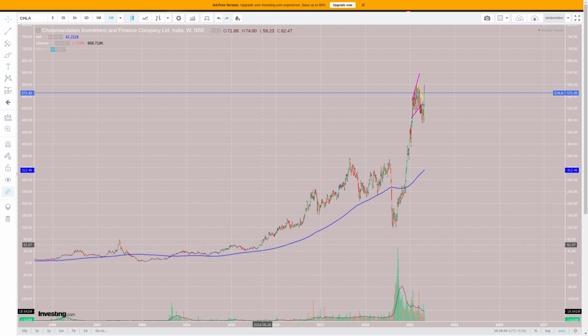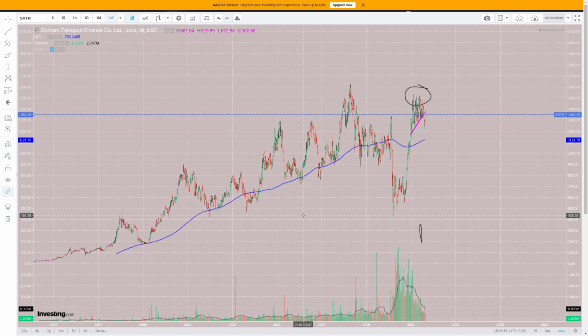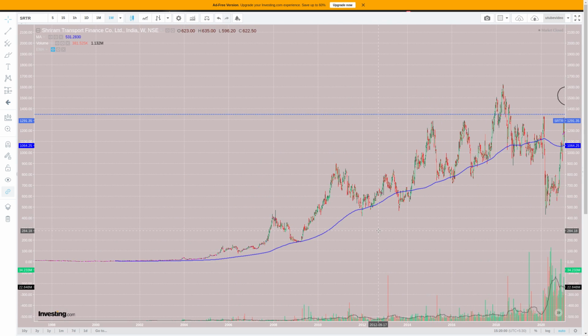But at least हम ये बोल सकते हैं कि during the times of 2019 this stock came near SMA. Now let's see Transport Finance. So here you can see, so अगर आप चोला फिन और श्रीराम ट्रांसपोर्ट फाइनेंस में अगर आप कंपैरिजन